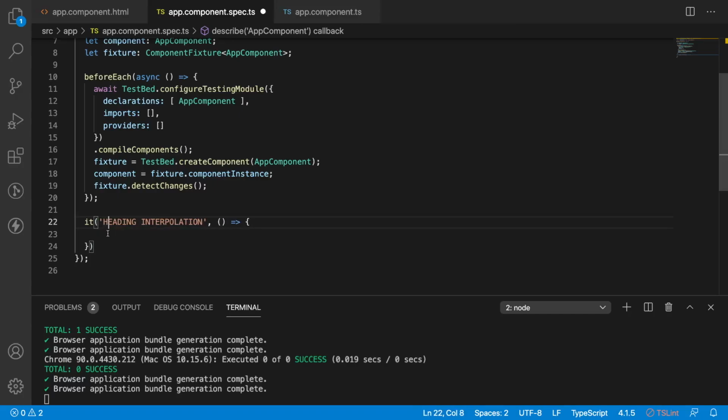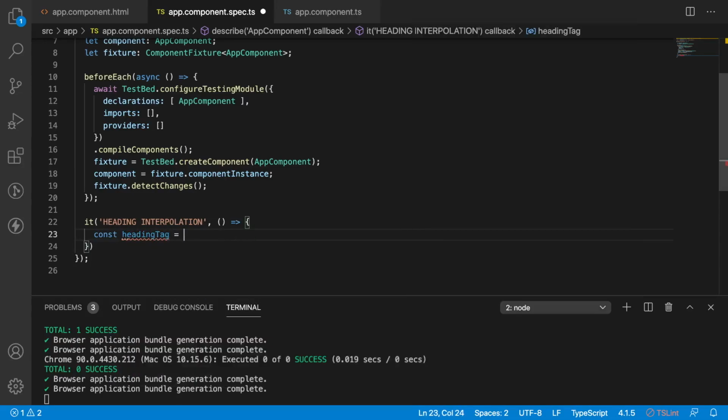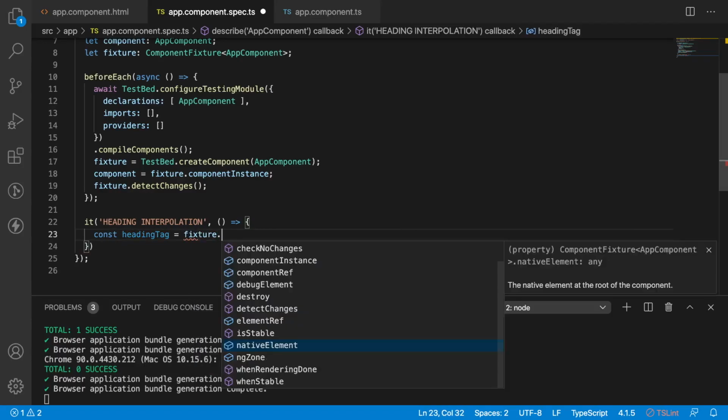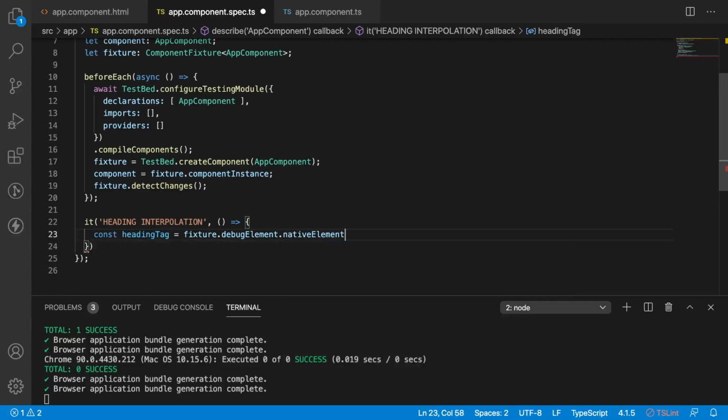To get the value from the HTML, let me create some heading tag. And here we can use fixture.debugElement.nativeElement.querySelector. For this query selector, we can pass either a class selector or ID selector or anything.